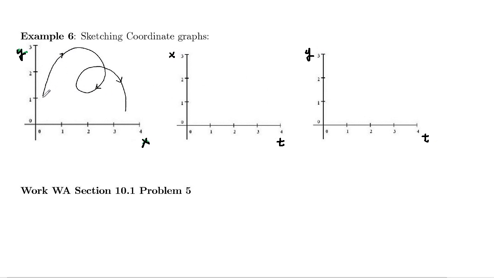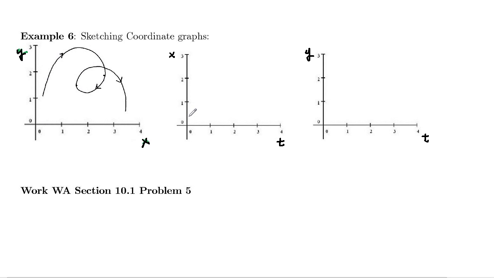So we note here that our x coordinate starts out just a little bit greater than 0, and it goes to the right to about here, to the left, and then back to the right. So x is increasing, decreasing, and then increasing. It starts at about